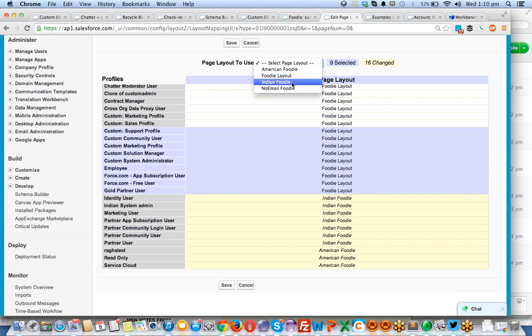Select this and make it no email required. Click on save.